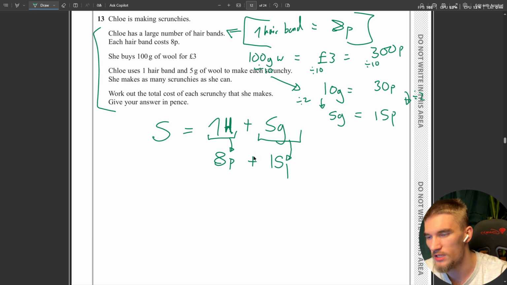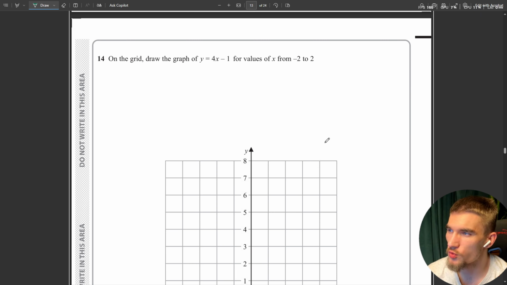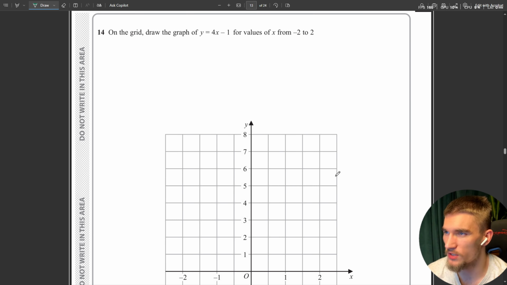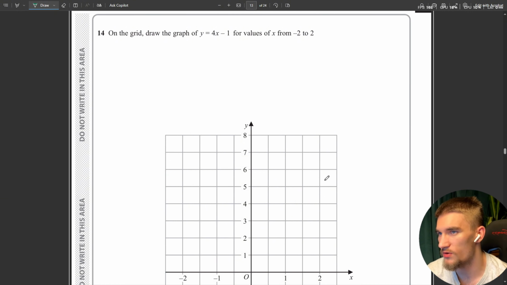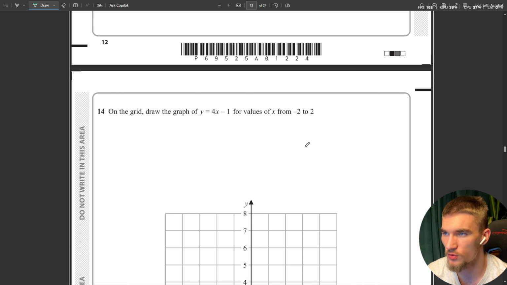So I'm just going to do 8p plus 15p. Now what is that? 8p plus 15p gives me 23p. Here we go. Work out the total cost of each scrunchie. So that's it. On the grid, draw the graph of y equals 4x minus 1 for the values from x from -2 to 2. So whenever you have to draw a line like that on a grid, and they tell